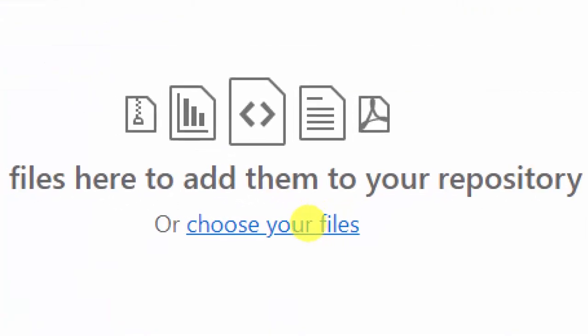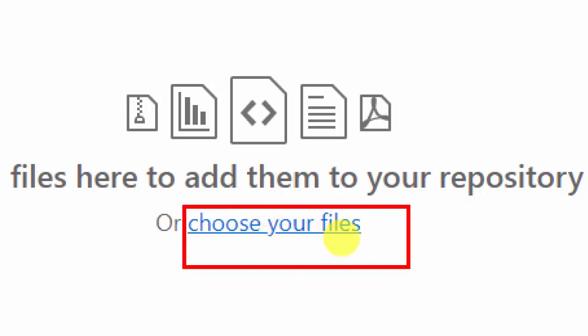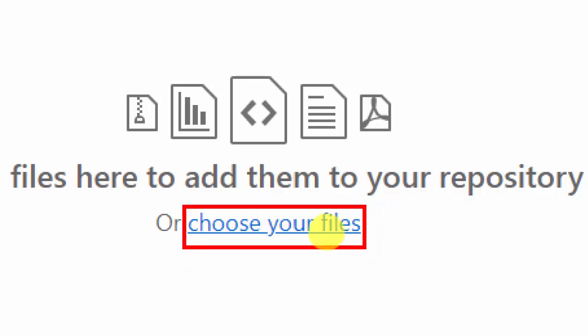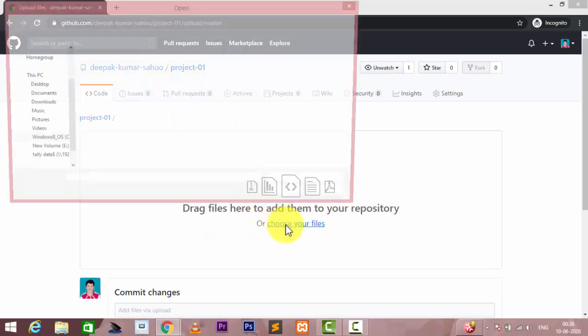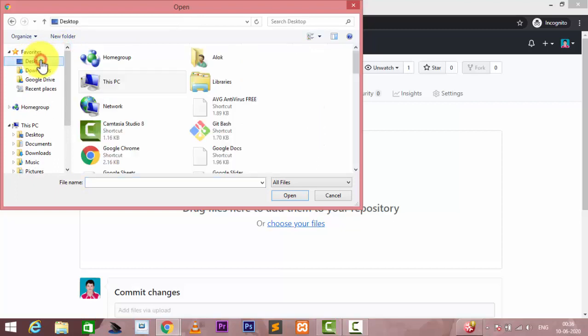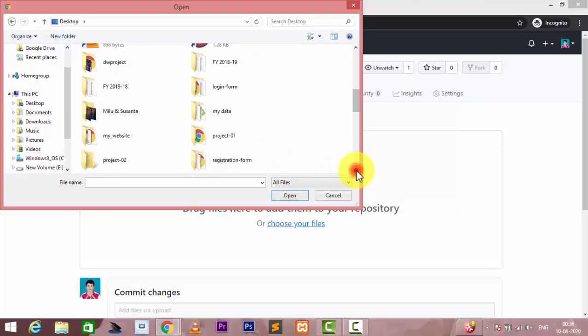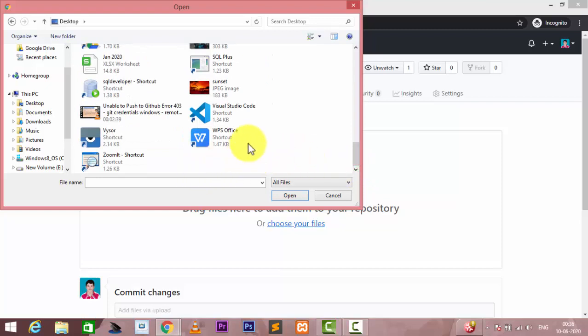I zoom here so that you can see how it works. I go to my desktop, and then look for where my file is.